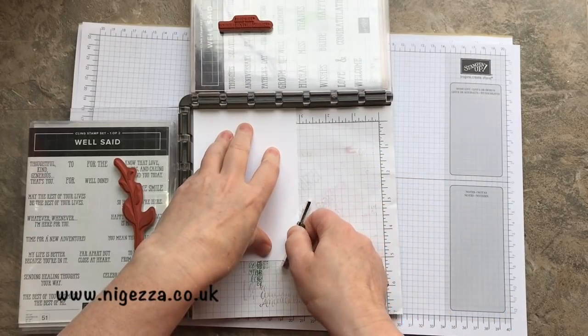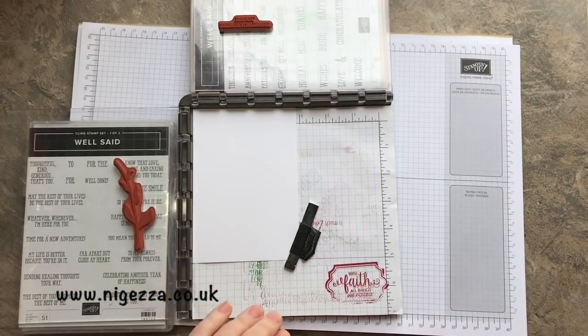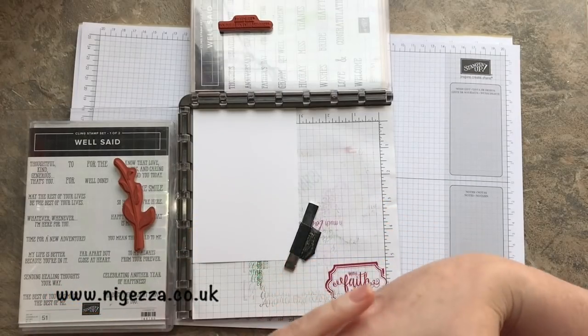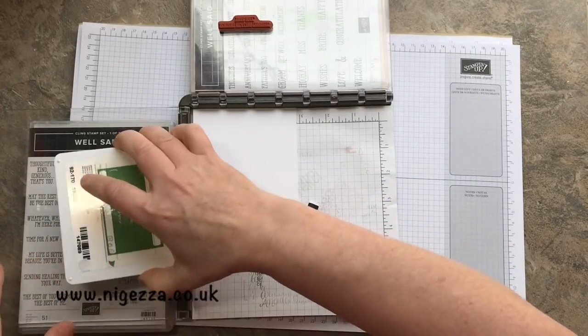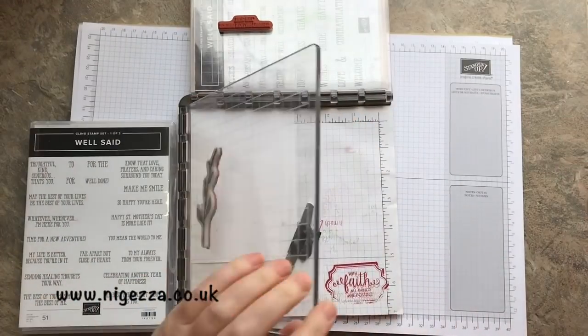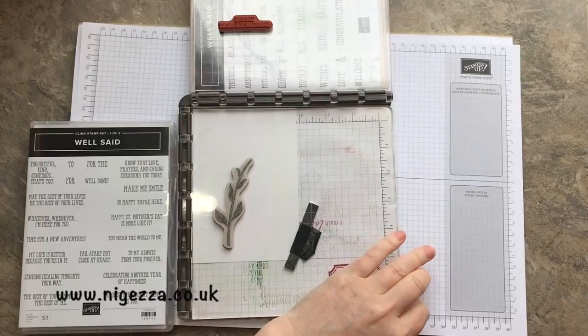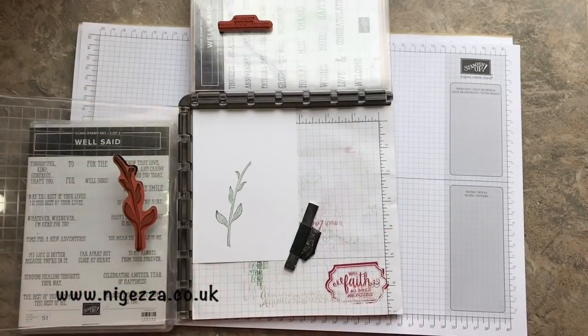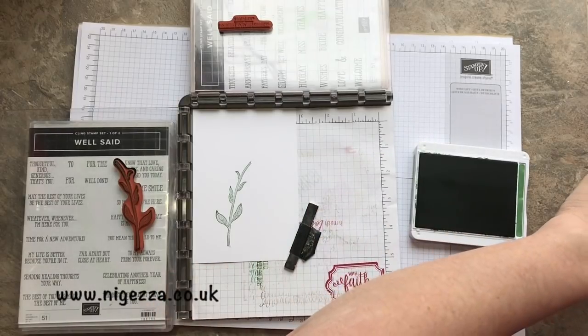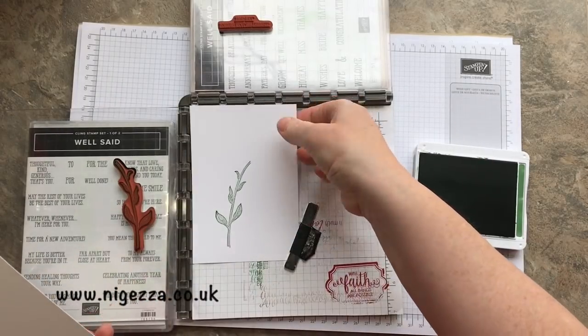So we've got this leaf, and I'm going to use some Garden Green, and I'm just stamping this. Perfect. And then the bit that's going on the inside,